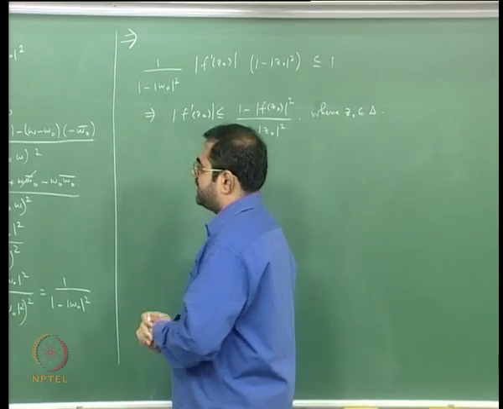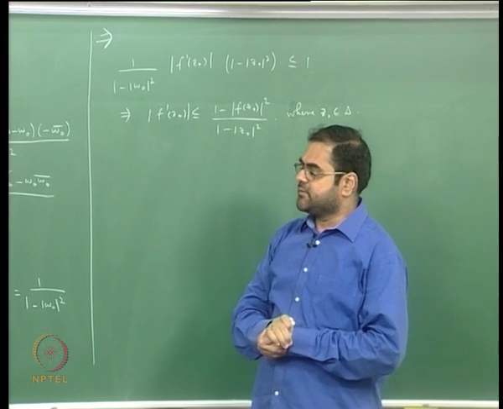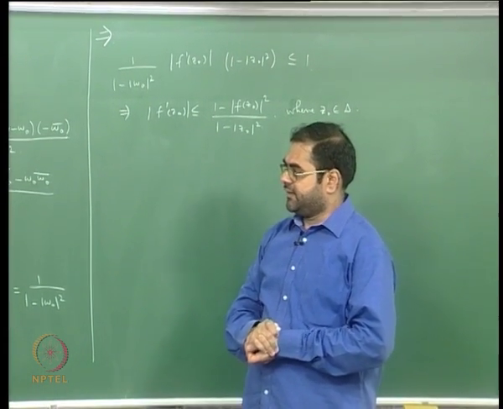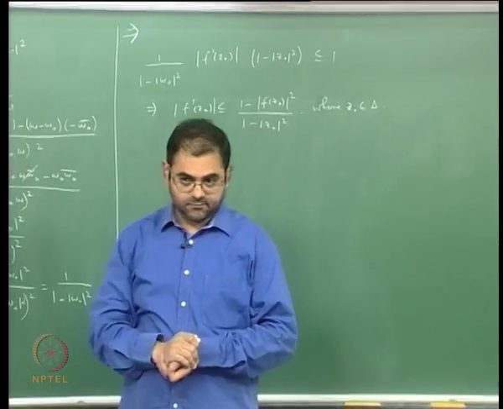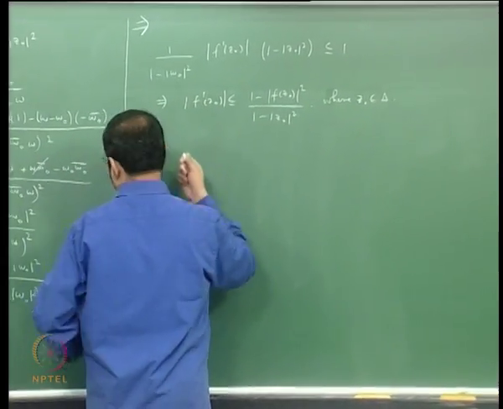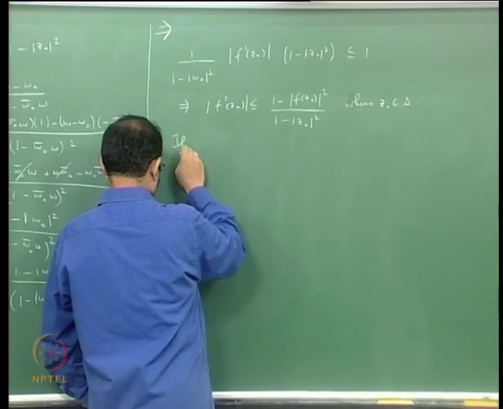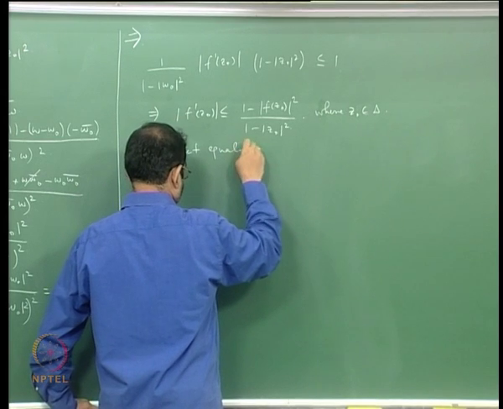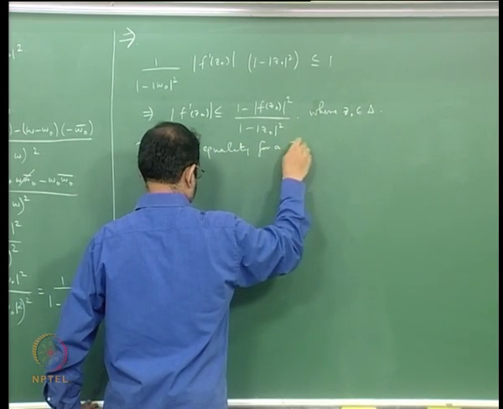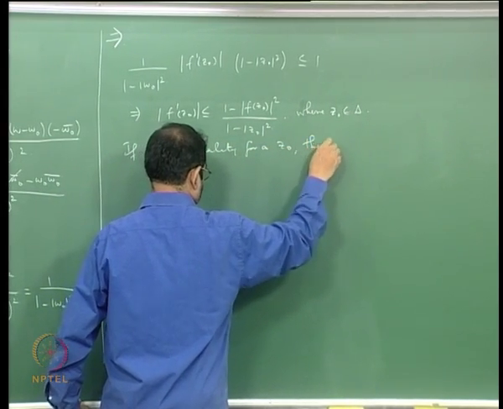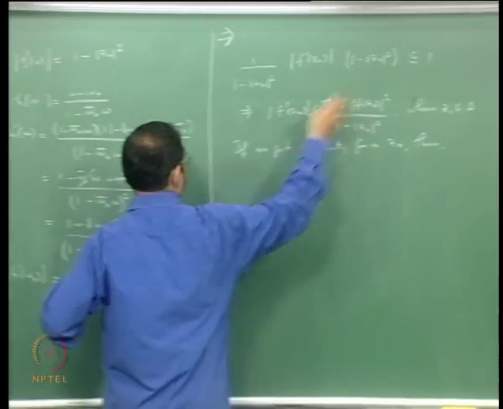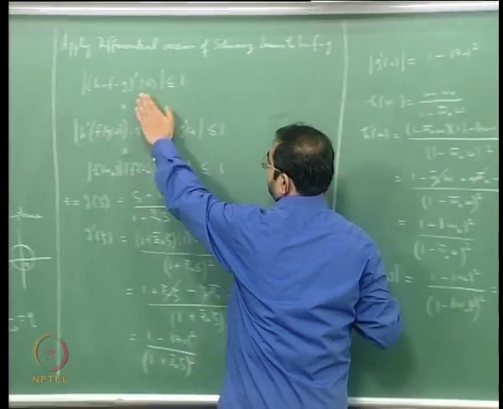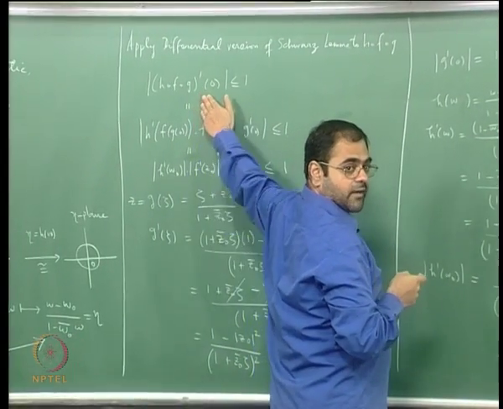Now the only thing that I have to tell you is that you get equality if and only if f is a holomorphic automorphism of the unit disk, and that too for a single z0. If we get equality for a z0, then if you get equality here, that means you are actually getting equality here, okay.